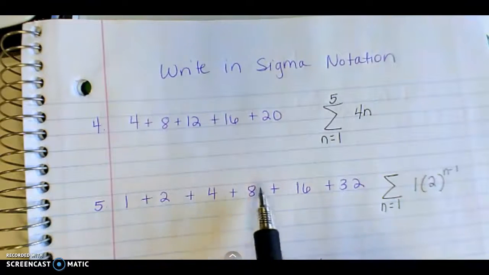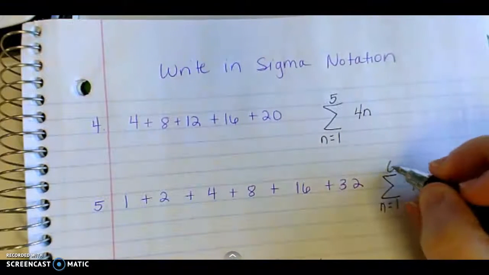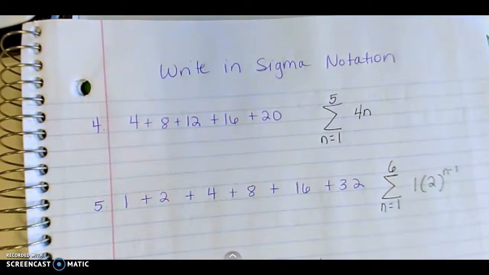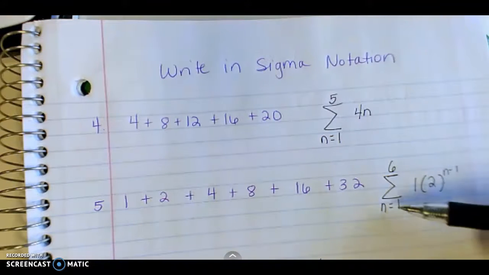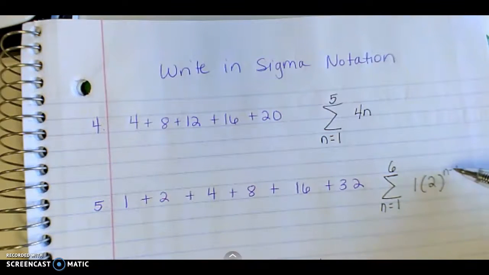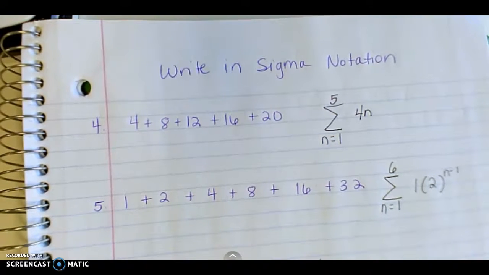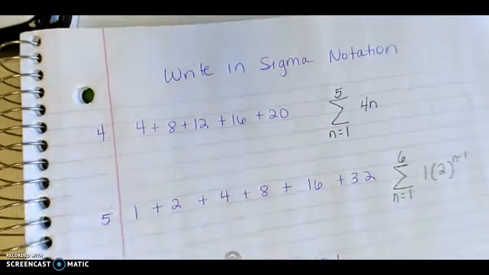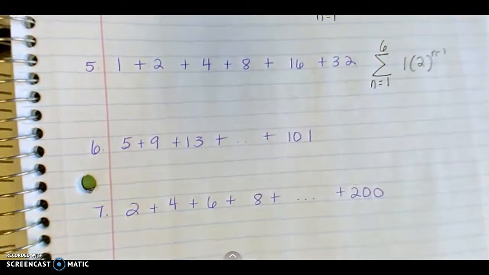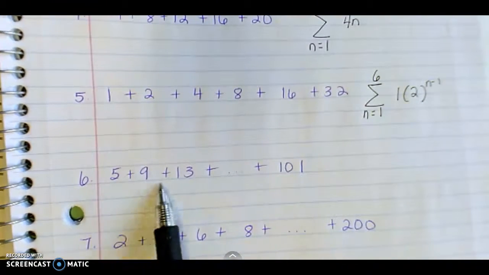There's 1, 2, 3, 4, 5, 6 terms, so this is going to 6. You could start it at 0 and go to 5 if you had a different equation like 2 to the n here. So really there's not one specific answer unless you're just using the formulas that we talked about. Alright, so number 6 and number 7, same kind of problem, but you just can't count how many terms